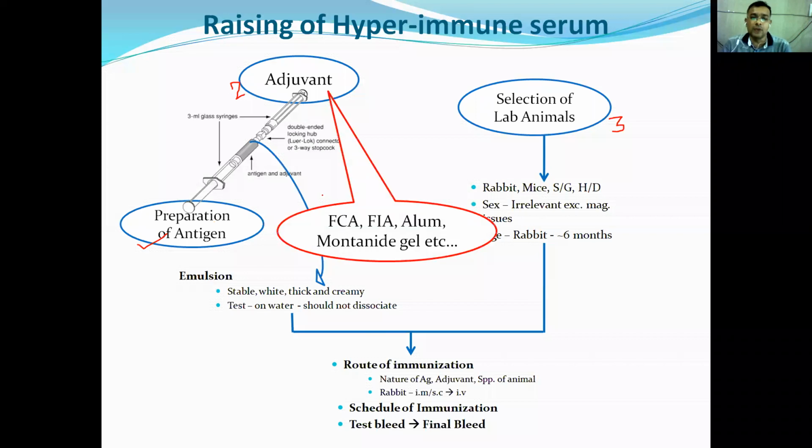The second thing is adjuvant. Adjuvant may or may not be needed in all cases, but adjuvant, as the word "add" suggests, adds something to the existing capacity or existing reaction. So adjuvant is generally added in addition to antigen to enhance the immune response against that antigen. Generally, Freund's complete adjuvant, Freund's incomplete adjuvant, or various types of aluminum salts are available, or there are some proprietary adjuvants available from many manufacturers, like Montanide gel. This can be used along with antigen to stimulate the immune response, and that is known as adjuvant.